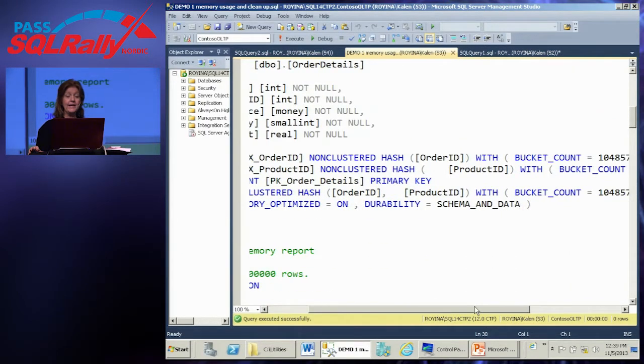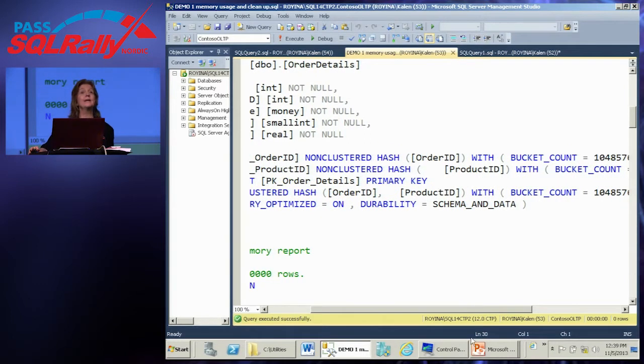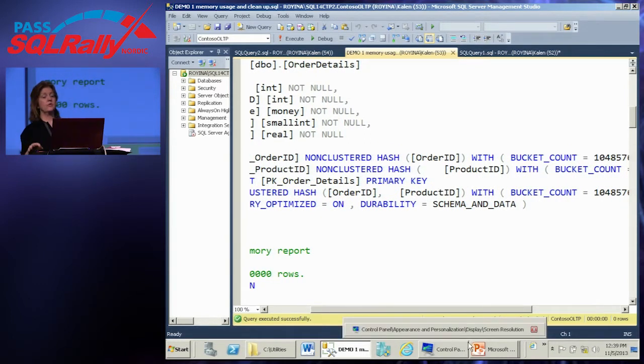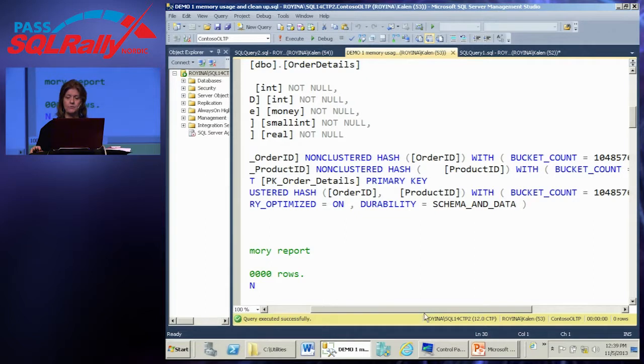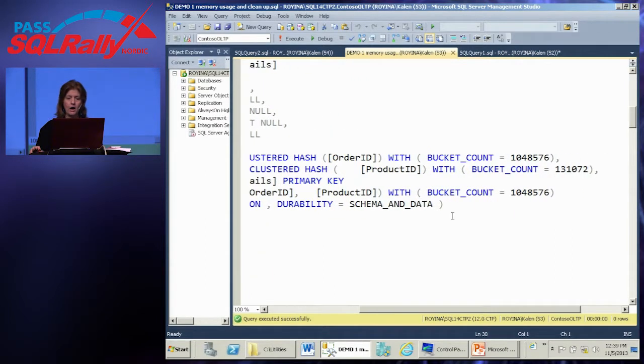I'm creating 3 indexes. The first example, they'll all be hash indexes. I'll rerun this and create range indexes in a few minutes, but all 3 indexes are hash indexes, and for hash indexes, I have to give a bucket count. If you want to pull out your calculators and do some math, you can see if you could estimate how much space this table will take up with its indexes.